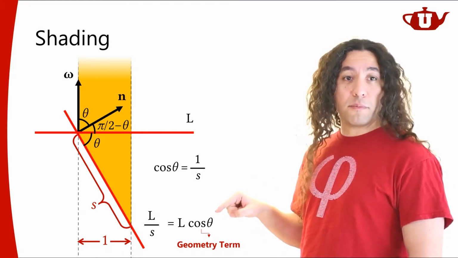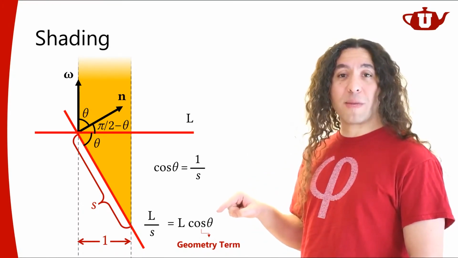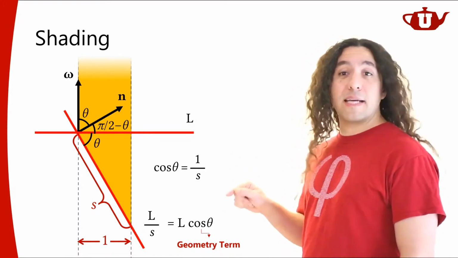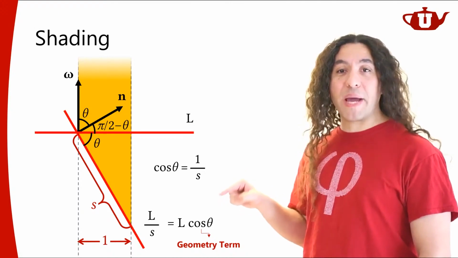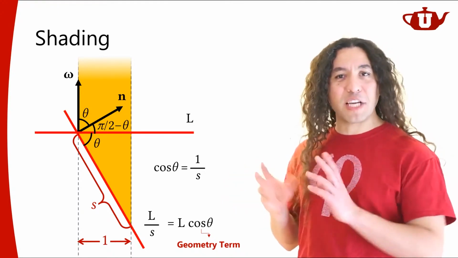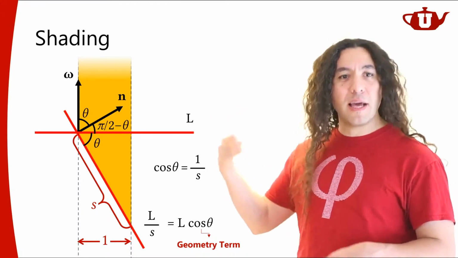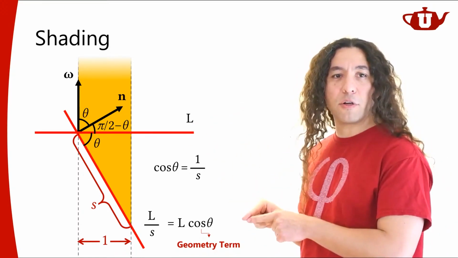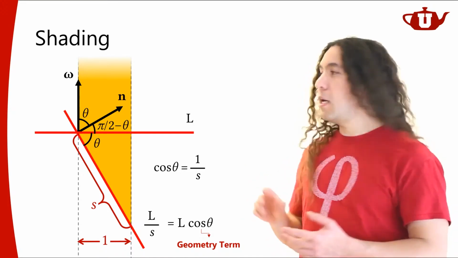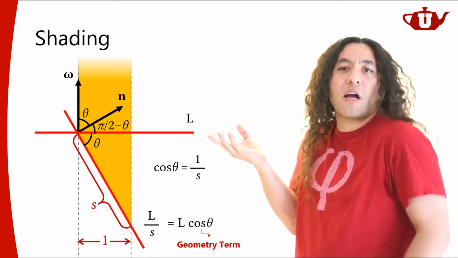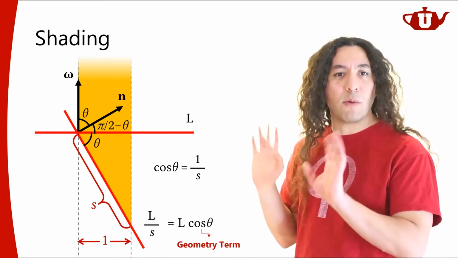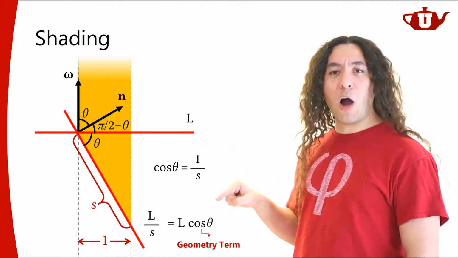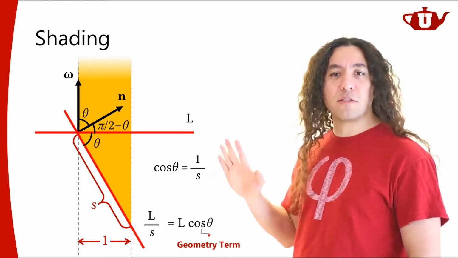And this geometry term is going to determine how much light I'm receiving per area on the surface of my material. That's why it's very, very important. And it's purely based on the geometric relationship between the light direction and the orientation of the surface. Right? That's why we call it the geometry term. It has nothing to do with what kind of surface, like what's the color of the surface. I don't care. That's not what we're talking about. It's just about how much the light is scaled based on the geometric orientation.